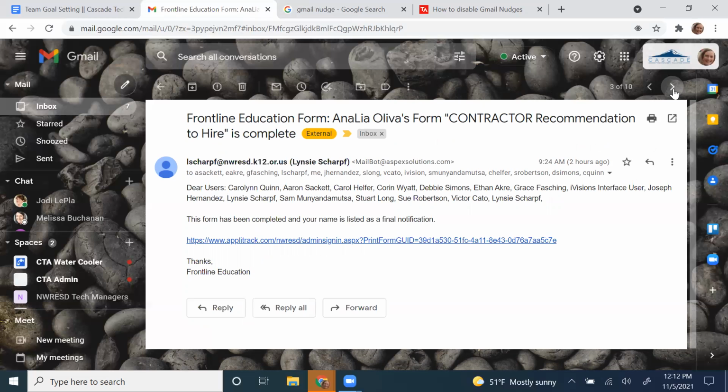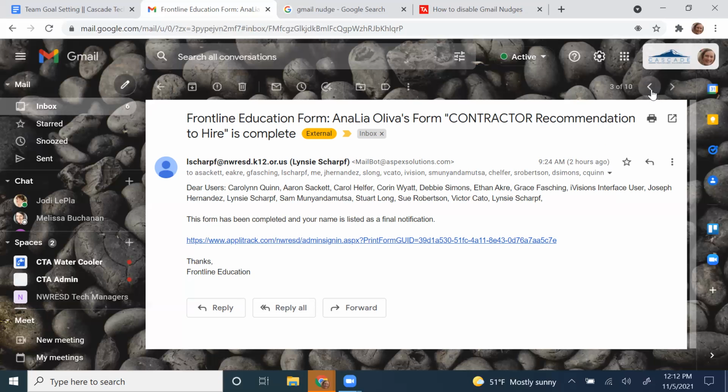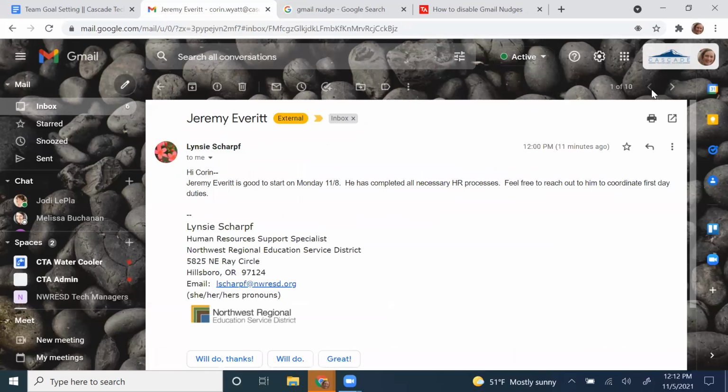And as a side note, the way it decides whether it's important or not is how often I read messages from these people. Sometimes the content of the message has something to do with it. There are lots of different ways that Gmail uses what you do, where you click, and what you write to decide if messages are important. So these are easy ways to navigate through your messages just at the top if you just kind of want to browse them before actually answering them.